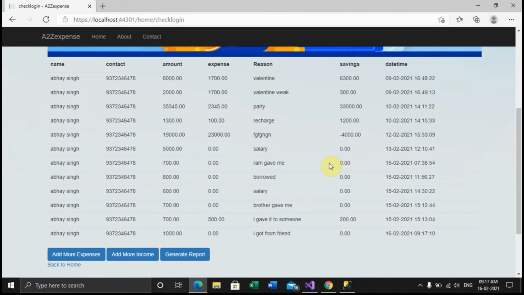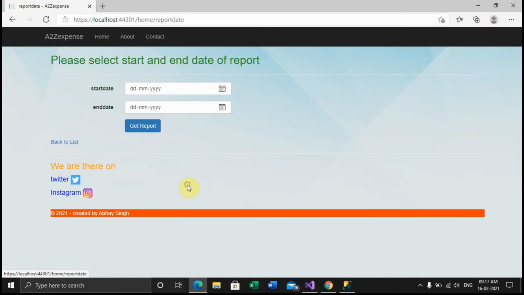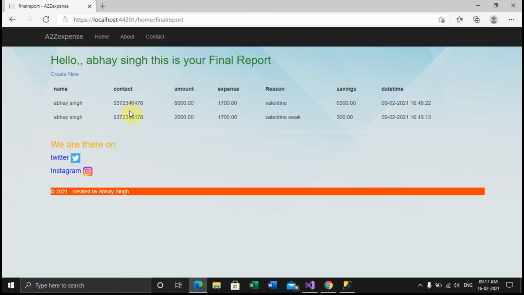Now what if you want to get your report of the expenses you have made based on the date? For that you have to click on generate report. It is asking you to select a start and an end date. If I select the start date as 9th of February and the end date as 10th of February and click on get report, it shows me only the two expenses I made on the 9th.